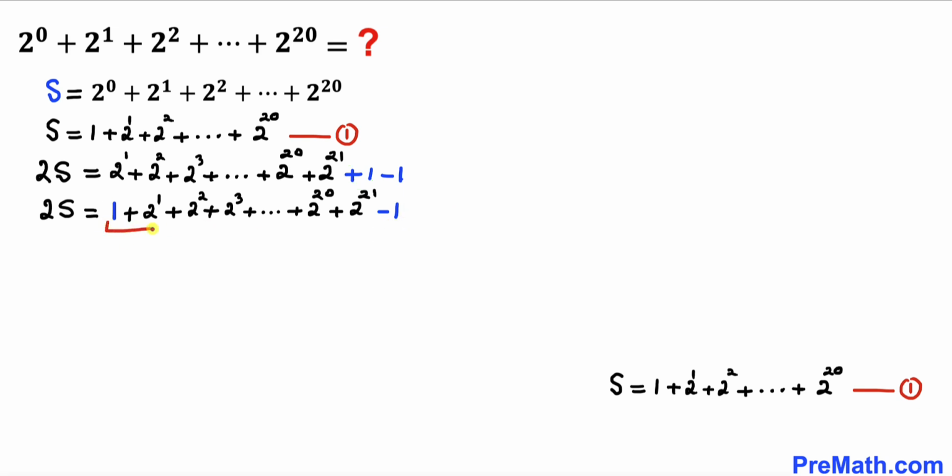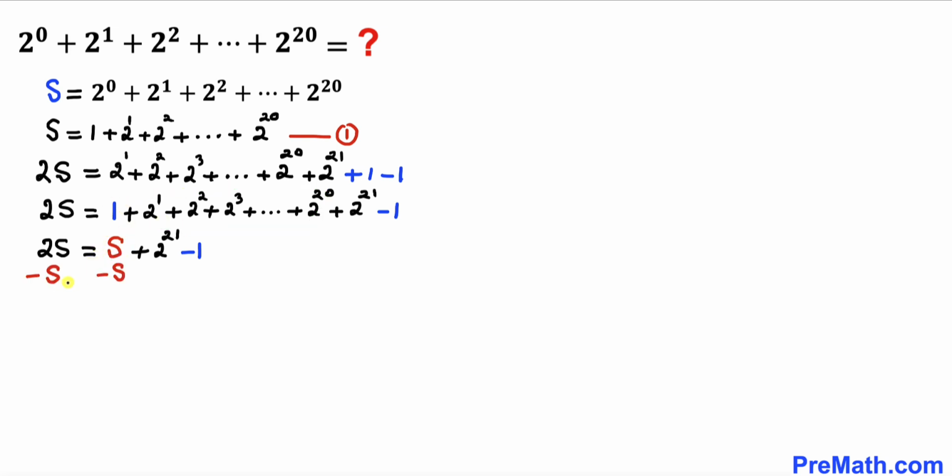And now let's make an observation. Let's look at this 1 plus 2 power 1 all the way to power 20, which is the same as S from this equation 1. So therefore I am going to replace this part by S. As you can see in this next step, I have replaced this part by S over here. And now let's subtract S from both sides. We can see on the right hand side this S and minus S is gone. On the left hand side 2S minus S is going to give us S equal to 2 power 21 minus